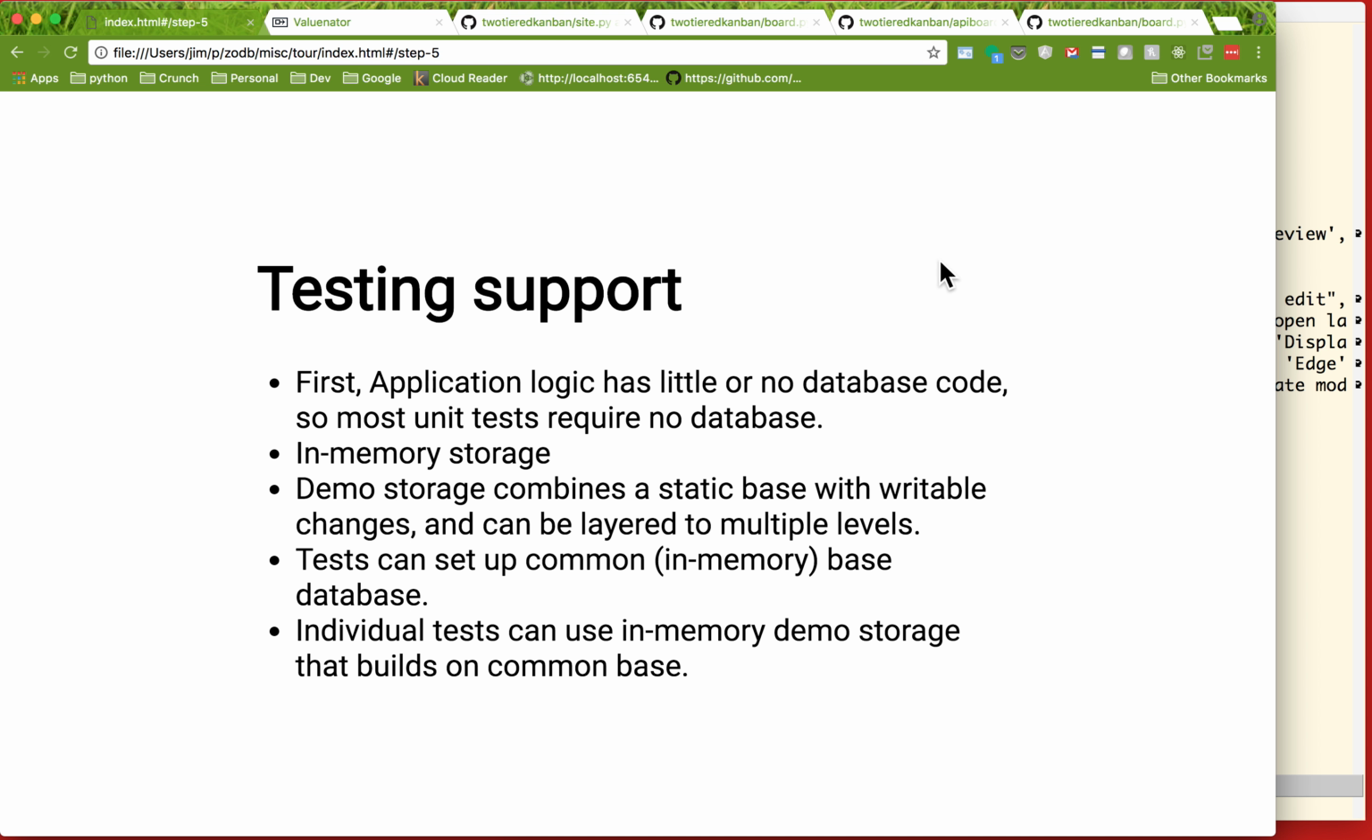ZODB provides really great testing support. First of all, because application logic is usually completely devoid of database code, the application code can be tested, especially unit tested, without any database being around. In those cases where we want to look at how application objects interact through the database, we can use an in-memory storage. There's a kind of storage called a demo storage, which